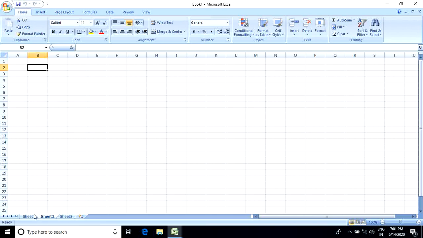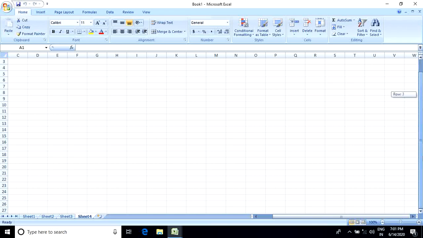This is the sheet tab: sheet 1, sheet 2 and sheet 3. You can insert a new sheet. Click over here. Look, sheet 4 is already created. Now this is the horizontal scroll bar and this is the vertical scroll bar.